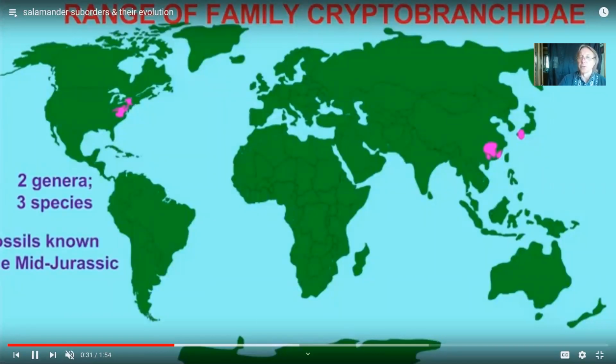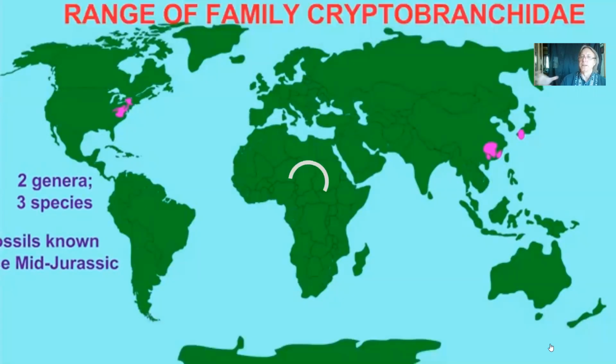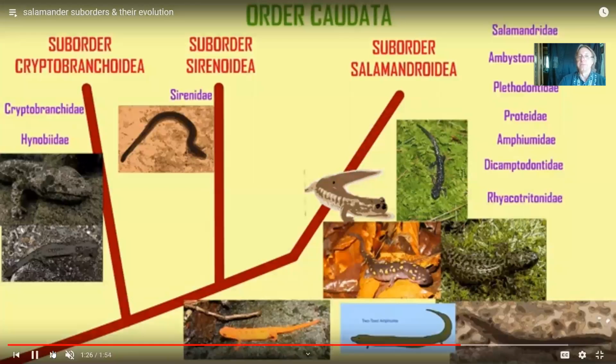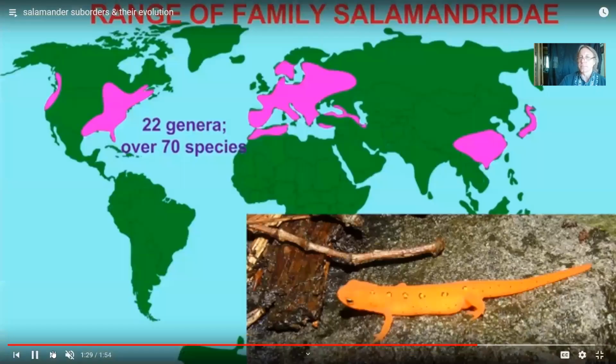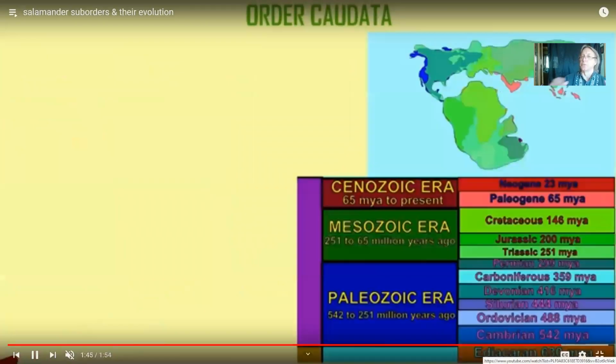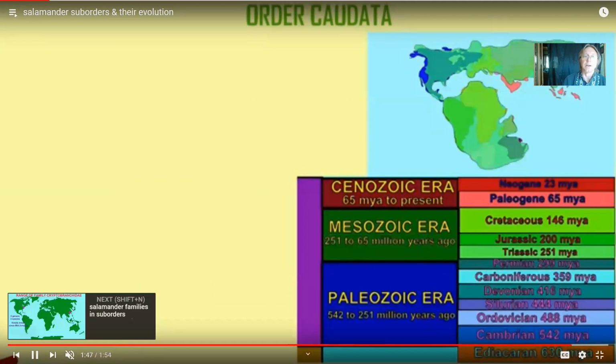They are distributed in different parts of the world, including some giant salamanders in Asia, which can exceed 4 feet in length. So just as we saw with frogs, we can split salamanders into 3 suborders, and then different families in each of the suborders. Notice that some of the families may have a restricted distribution. So, certain families may only be found in certain parts of the world,